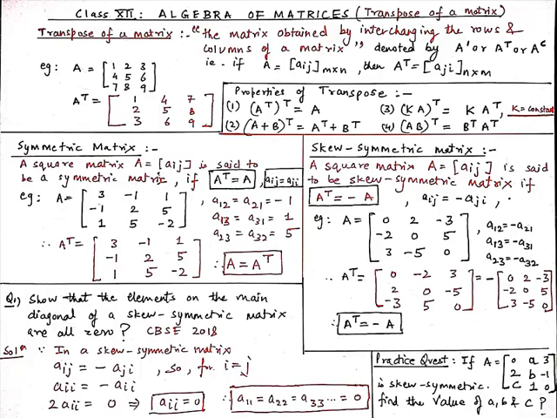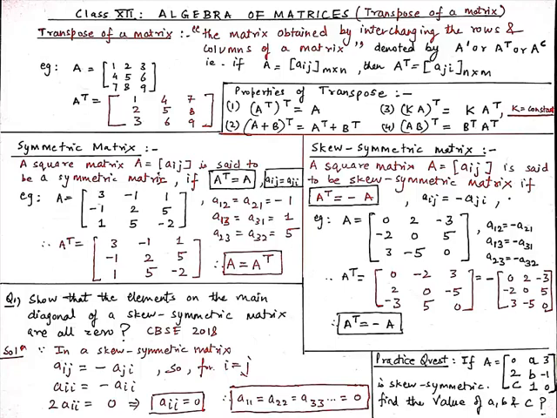Now we will see some properties of transpose. So first property is, students, when we transpose a matrix and again transpose it, this is equal to A. And second property is (A plus B) whole transpose is equal to A transpose plus B transpose. And third property, students, when we multiply our matrix by a scalar which is K, then (KA) whole transpose will be equal to K into A transpose. And fourth property, that (A into B) whole transpose will always be equal to B transpose into A transpose.